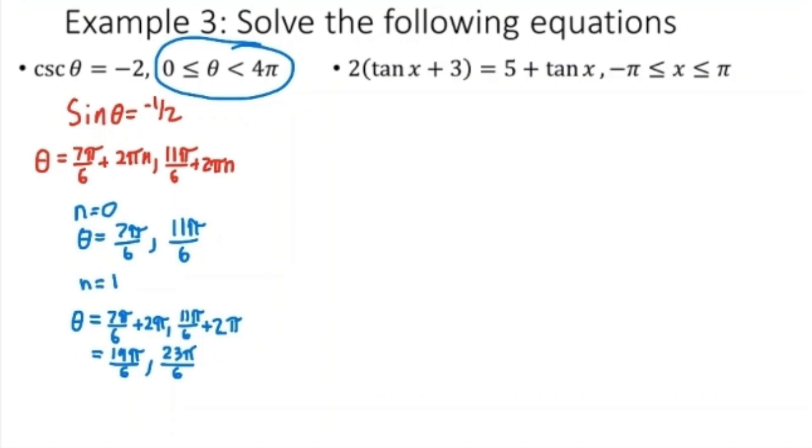So here in this restriction of 0 to 4 pi, I only have 4 solutions. And those 4 solutions are 7 pi over 6, 11 pi over 6, 19 pi over 6, and 23 pi over 6. Next, we're going to solve 2 times tangent x plus 3 equals 5 plus tangent x on the